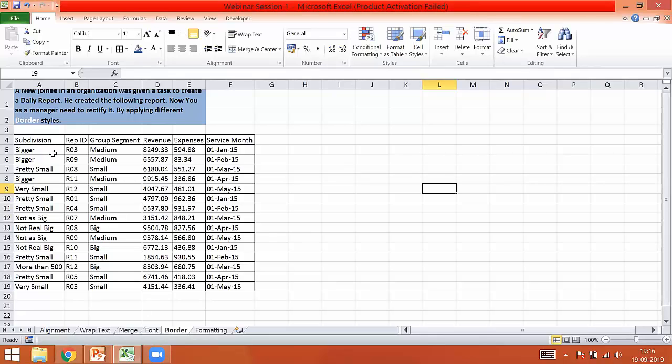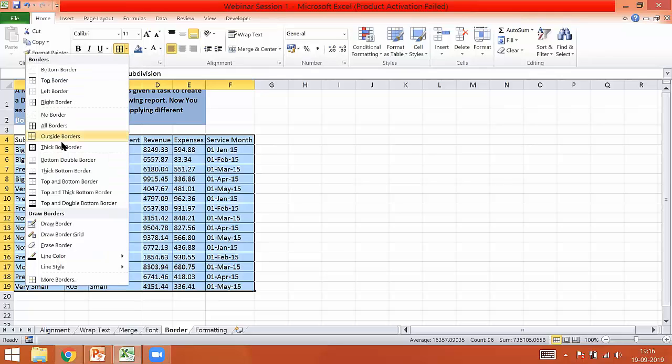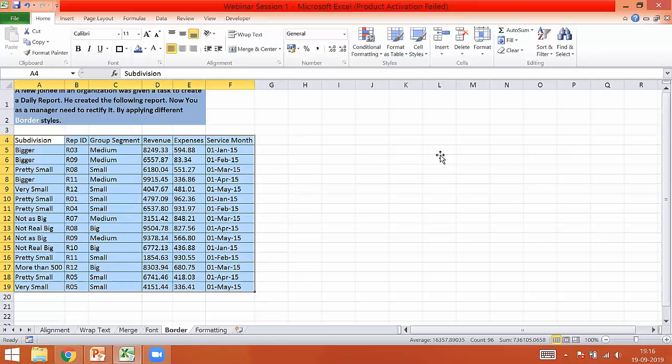You can also add a thicker border altogether outside. How to use that one? You can see this thick border, box border. There is a highlighted box which has been added to this particular selection.